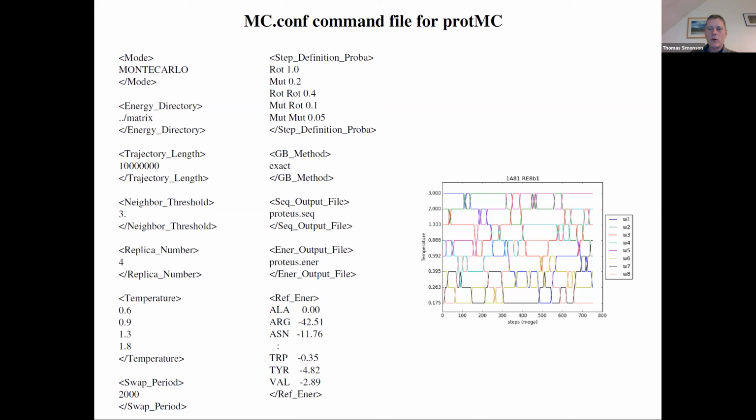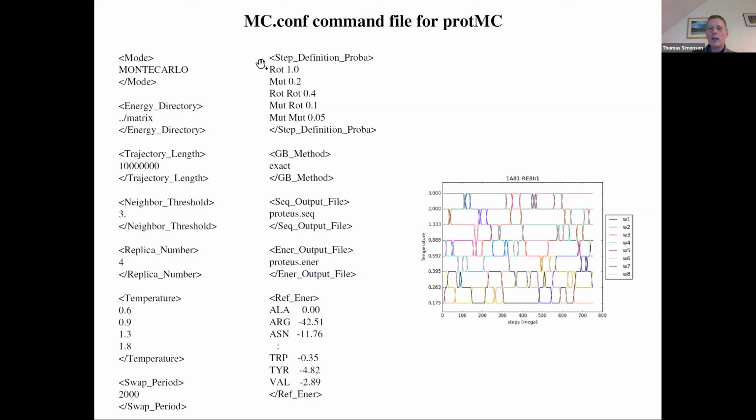We typically run more like a billion or billions of steps. You've got some numbers that help control the calculation by introducing some interaction cutoffs or making things more efficient in a couple of different ways. I've only left this one as a kind of illustration. This example runs with 4 replicas. These are the temperatures, kT units. This is room temperature up here. Replica swaps every 2,000 steps.